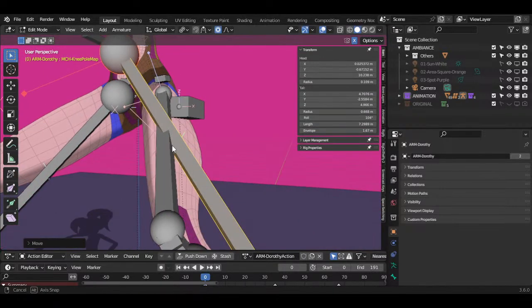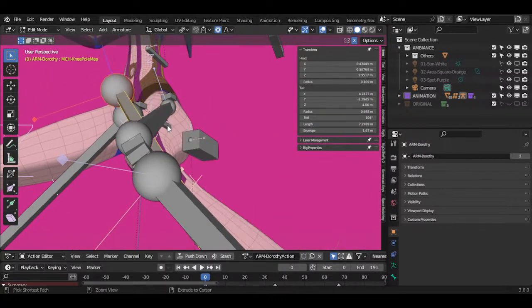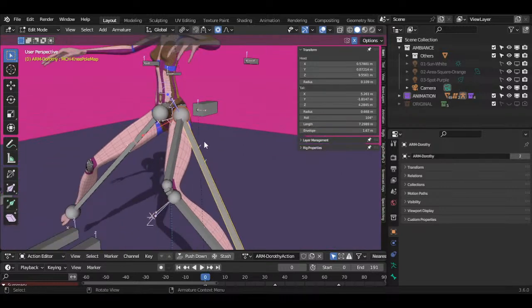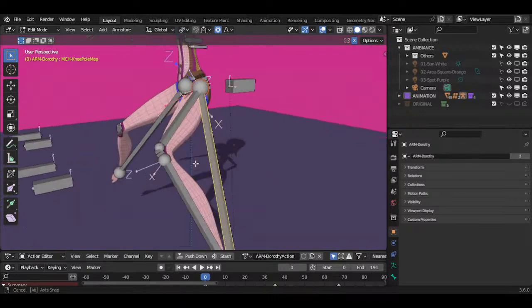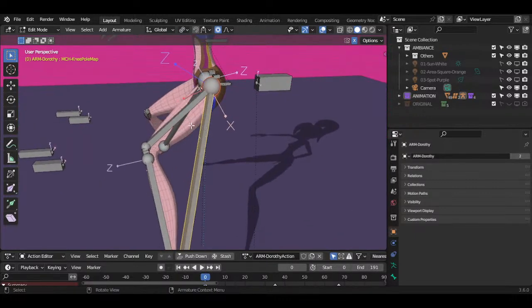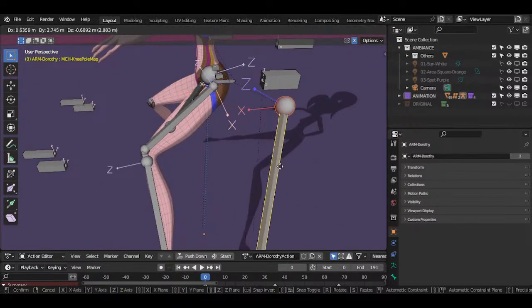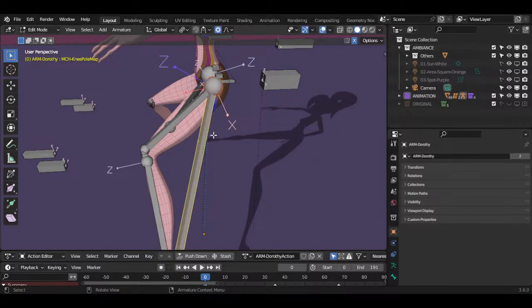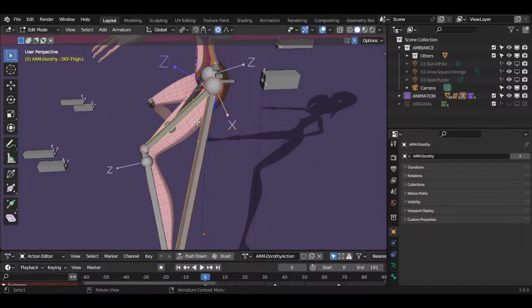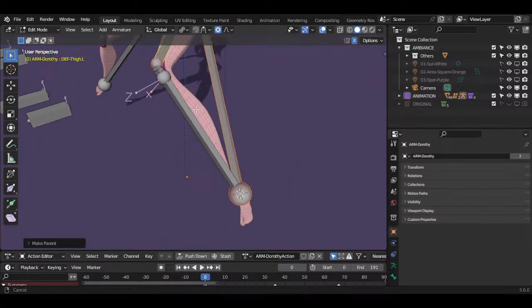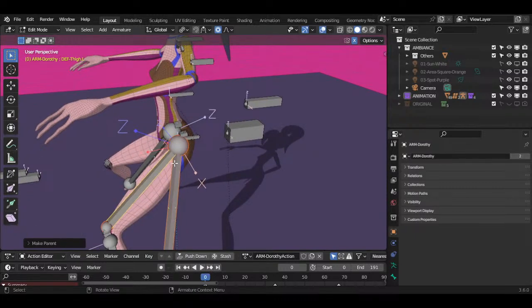This is hard to verify. Yeah, it must be some sort of alignment. It's hard to verify it exactly, but I did the operator. Okay, so then the parenting for this, since it's just a referencing bone, it should be okay to have it parented to the type bone here. And then also,